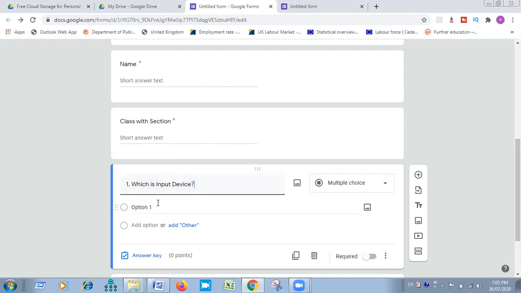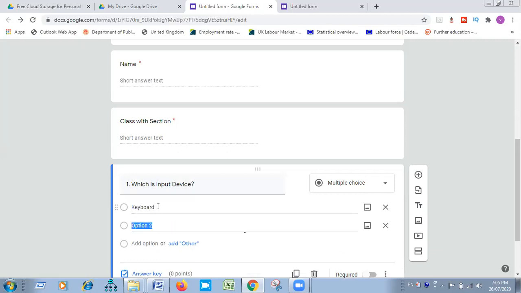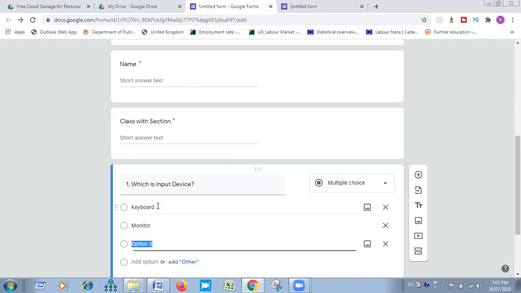Question mark. Suppose under option 1, I am writing keyboard. Under option 2, I am writing monitor. Option 3, I am writing speaker, like this.